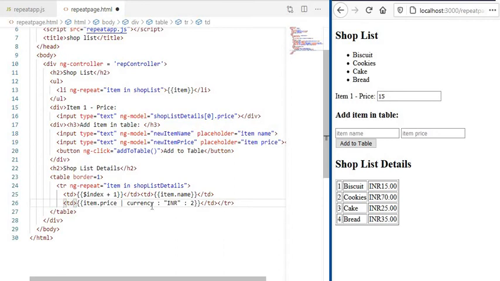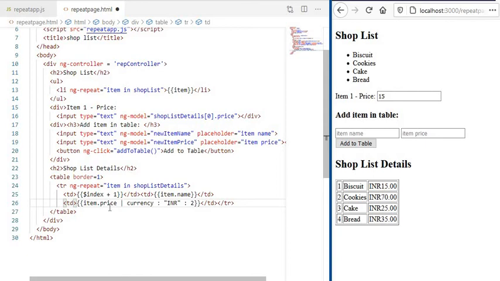So the currency filter is a built-in filter which is mainly used to convert a number into the currency type which I have mentioned. In the currency filter there are two arguments separated with a colon. The first is INR, which means Indian rupees. Suppose I used USD, then it would be considered as US dollars, right? And after the colon I have given 2, which means the fractional part followed by the price. So in the output screen you can see 15.00. It means 2 fractional digits are added along with the price.